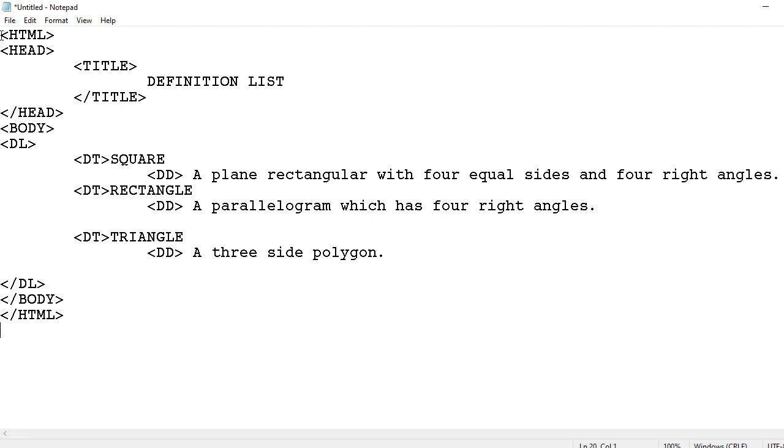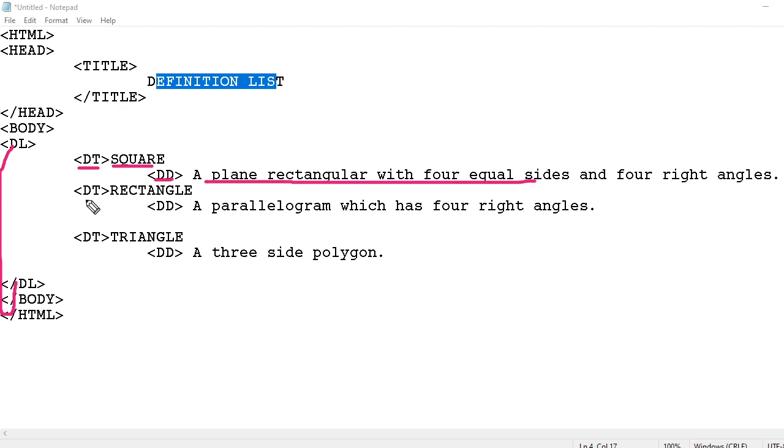I wrote the HTML starting and ending, then the head, and in that I wrote a definition list, showing how to write that. I started the definition list here, you just check. Then we have a definition term, square, and square is going to have a definition with dd, a plain rectangle here, like that. Then again we have a definition term, rectangle, then a dd, then again dt, triangle, then a dd.